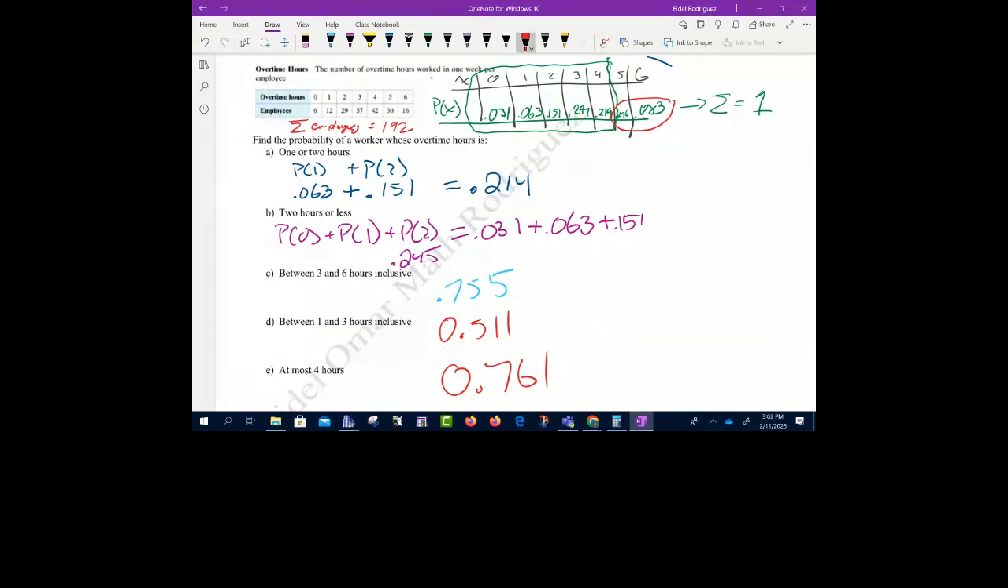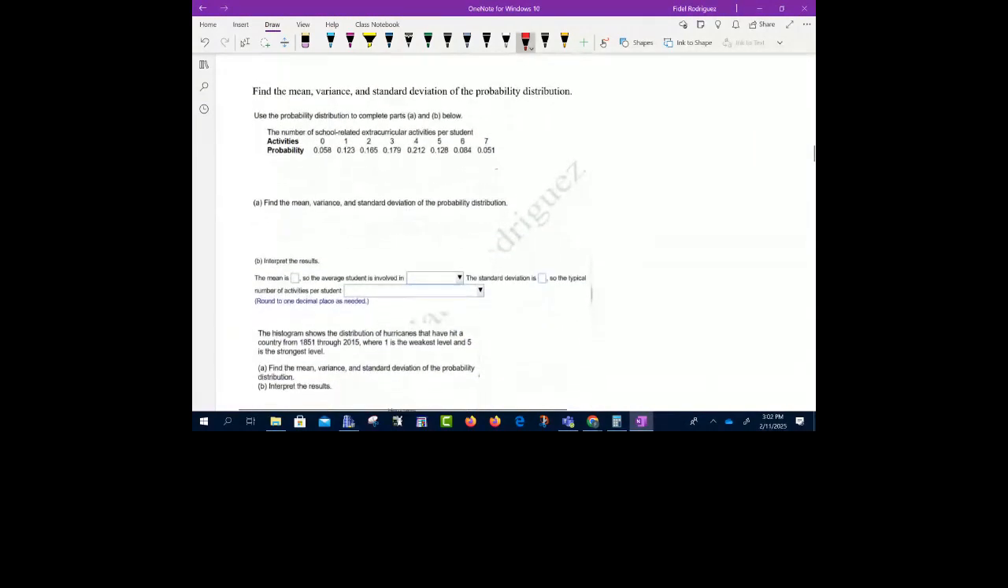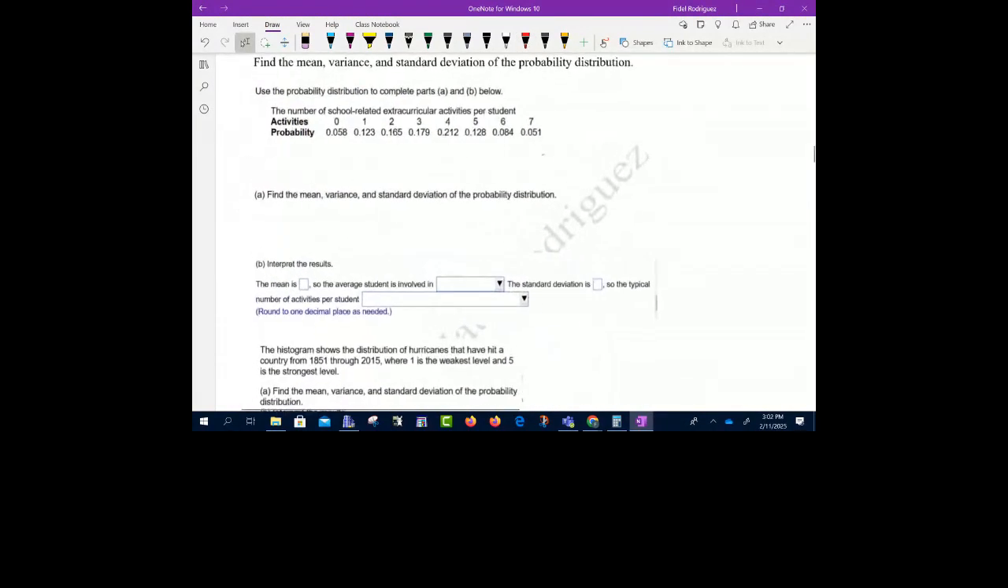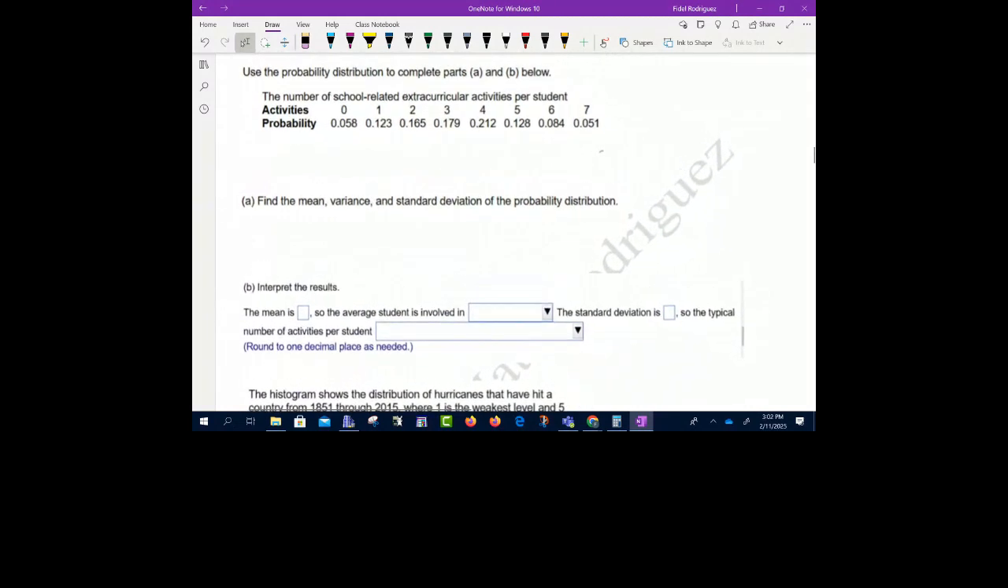Y'all, probability distributions can be pretty straightforward because once you make that table to find the answers, they're going to be pretty easy to do, right? The hardest part is making the table. I think the most tedious part was taking those numbers and dividing them by 192. The rest of it is pretty straightforward to do. Okay, so y'all, let me show you now, how do we find mean, variance, standard deviation from